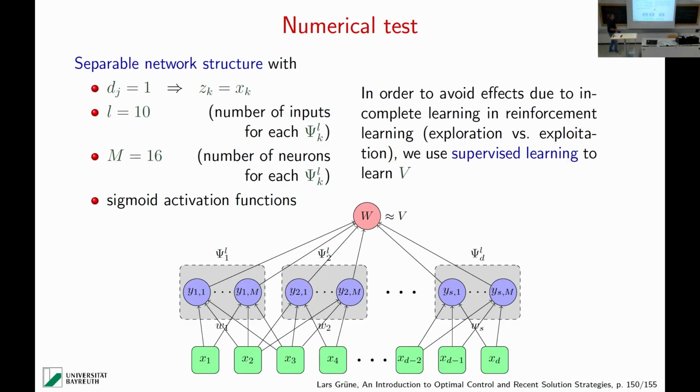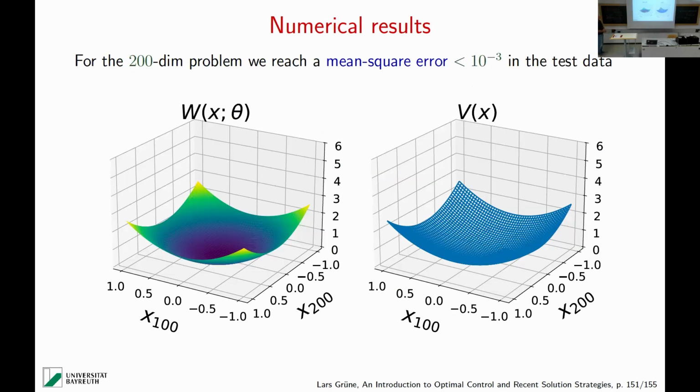And in order to avoid effects due to incomplete learning, reinforcement learning, this exploration versus exploitation, we used supervised learning here, because we wanted to check whether the network can really express the function. It's not so much about the training at this point. And for the two-dimensional problem, we actually reach a mean square error of less than 10 to the minus 3